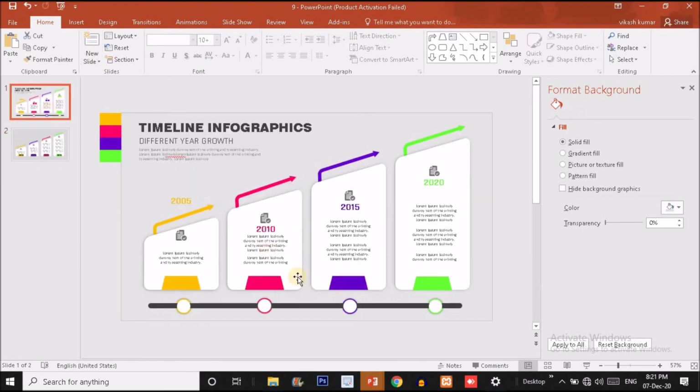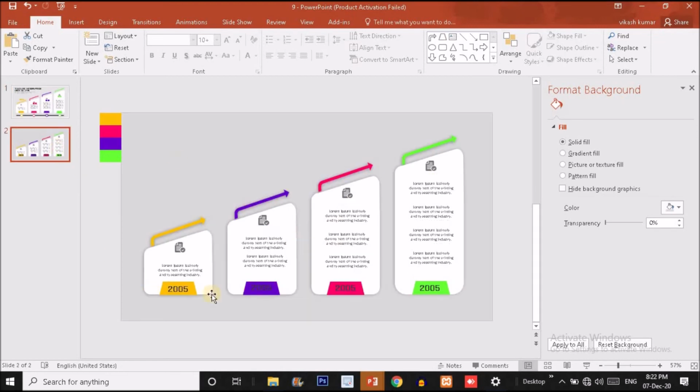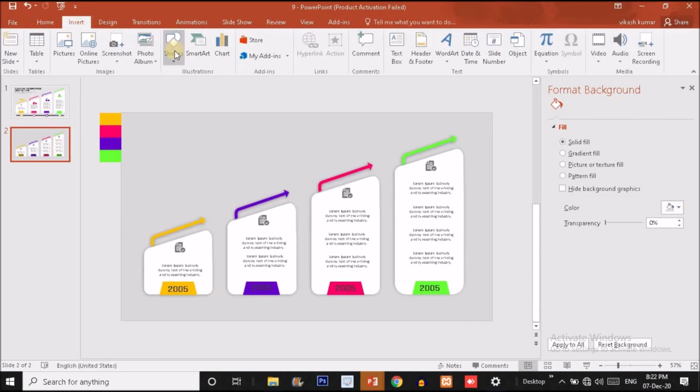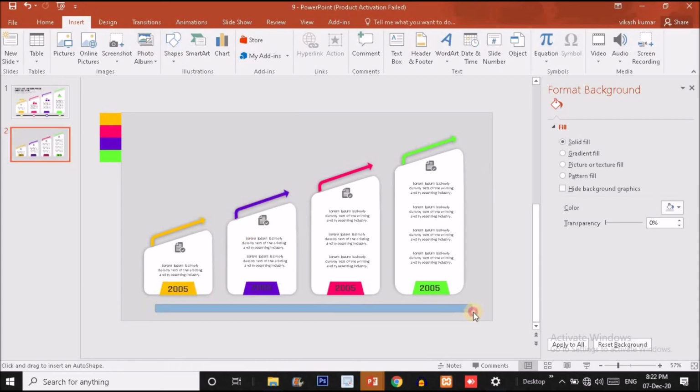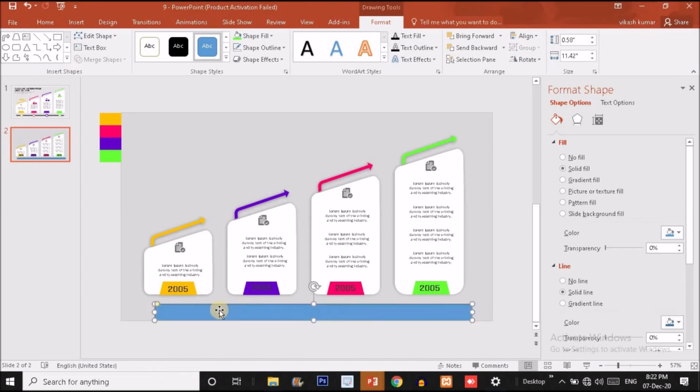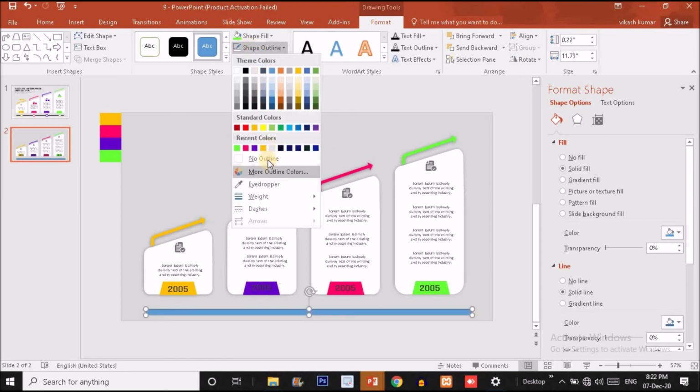Okay, guys, now to create this bottom effect, bottom line, what I'm going to do, this is very simple, guys. Let me check it one more time. Yeah, to create this, what you have to do, just click on insert and choose a rounded rectangle again and drag a rectangle like this. Slightly increase the width so that you can see the dots over here, yellow dot. So drag it to the right so that you can get a rounded edge on both sides. Okay, and drag it something here. Now make it no outline by clicking on this no outline option.